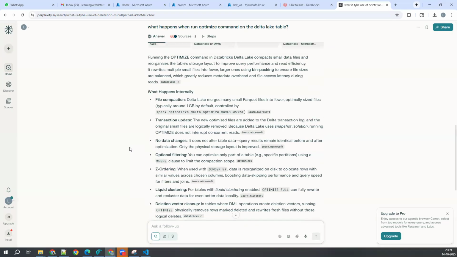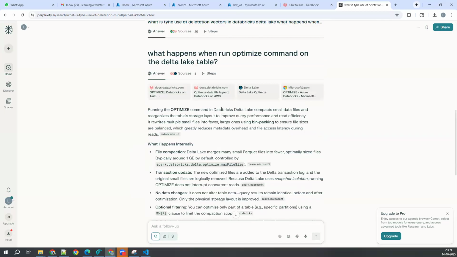So running the optimize command in Databricks, Delta Lake compacts the small files and reorganizes the table storage layout to improve the query performance and read efficiency. What is it that they're trying to say here? Now, what it does,